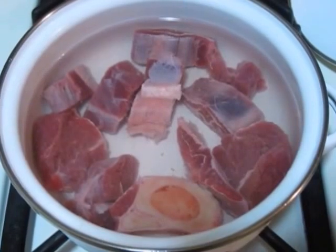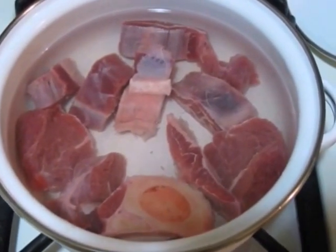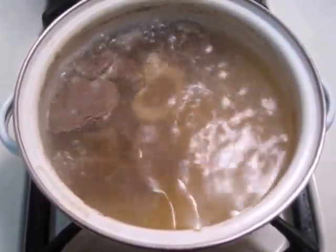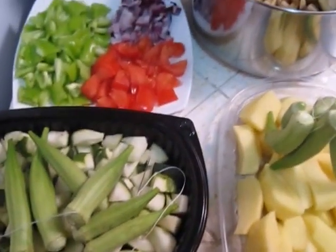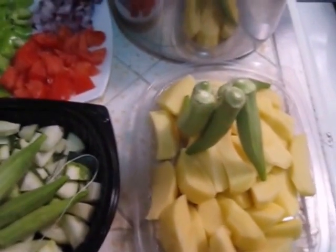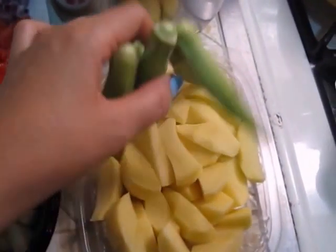Well, first of all we have to cook the meat separately, and then we are gonna add the vegetables. Now that the meat is almost cooked and all the ingredients are cleaned and cut and washed, the only ingredient that is left to be prepared is the okra,